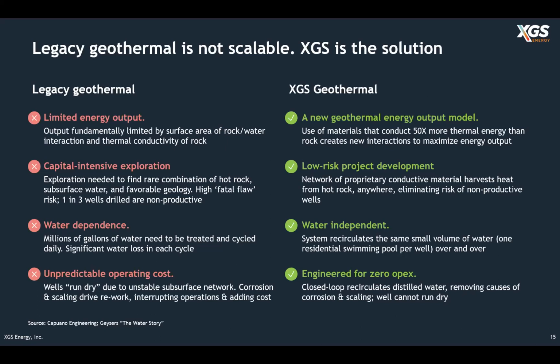When you look at the amount of water they are injecting today into a very good steam field compared to what we need in terms of water requirement: for the whole system, we require only the amount of water that exists in your swimming pool for a single well, compared to 1 million gallons of water that needs to be injected in the other system. And we are going to use this water over and over. Our water is in a fully closed loop, so we are not going to have any corrosion or scale issues